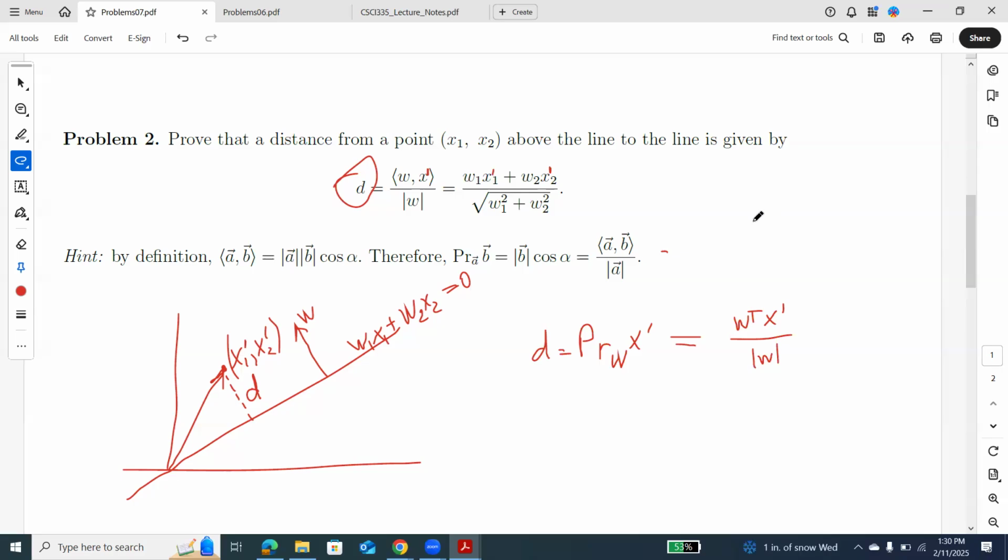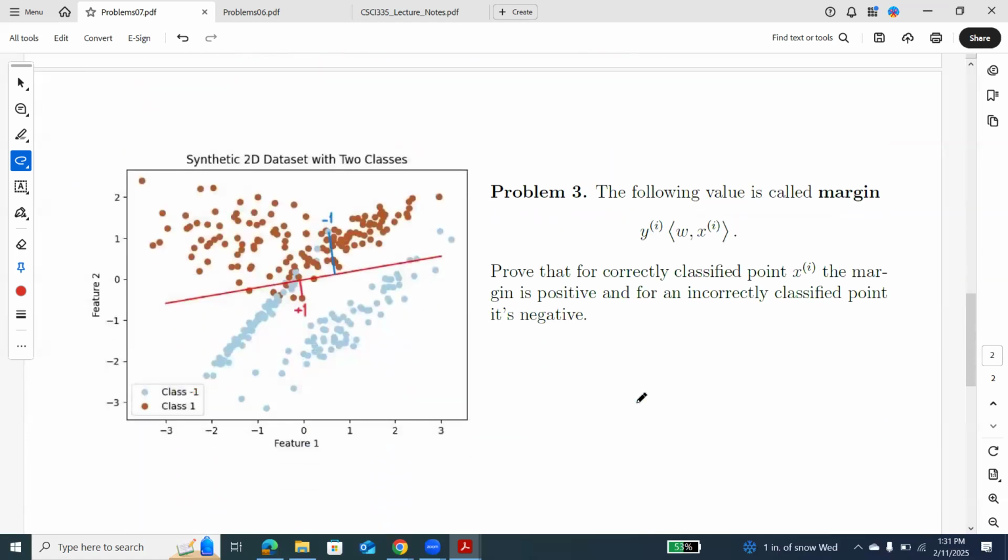So you remember, in 3D, we calculated only the numerator. But if you normalize this numerator, in 2D you will get the distance to the decision boundary. Okay, so does anyone have questions about distance? Okay. The last problem will be to find the distance from a point to a line that doesn't go through the origin. But before we move to that general line position,